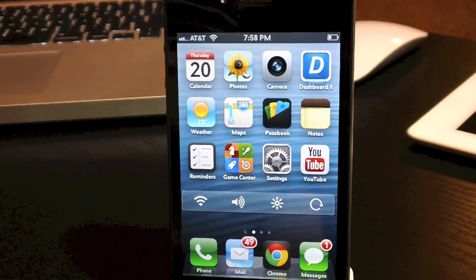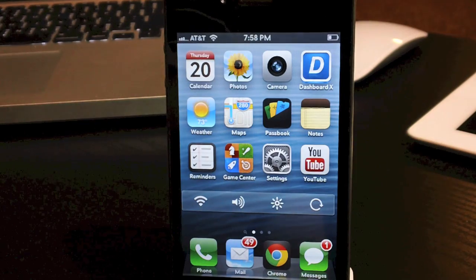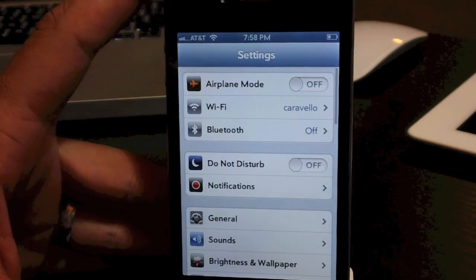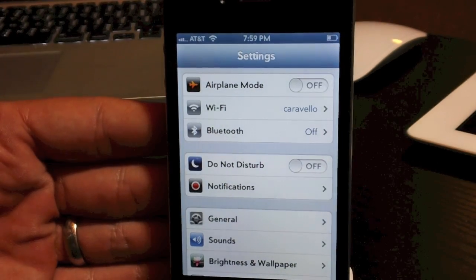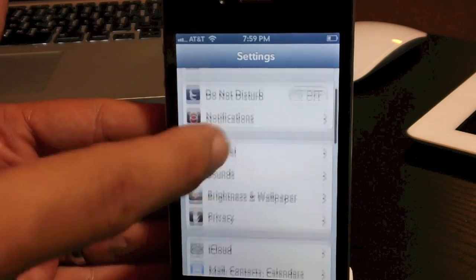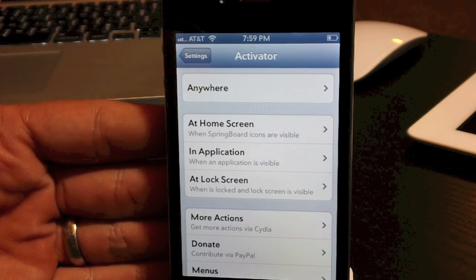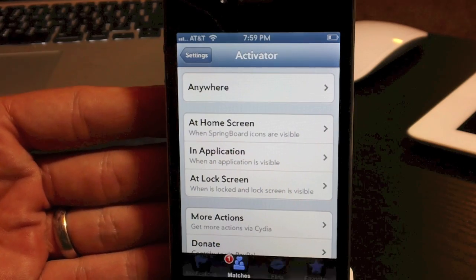Now the first tweak on this list is called Activator. This has been around for a very long time. It lets you set up activation methods to do different actions on your device. Now considering you're probably going to be toying around and trying out different tweaks, here's what I'm going to recommend you do with Activator just to make your life a little bit easier when it comes to installing tweaks that don't work and cause you problems